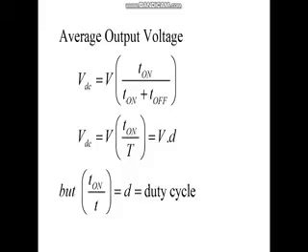Therefore the average output voltage VDC equals V times T on by T on plus T off. T on plus T off is noted as the total time T, so VDC equals V times T on by T. The ratio of T on by T is denoted as alpha or D, which is known as the duty cycle. So duty cycle is the ratio of on